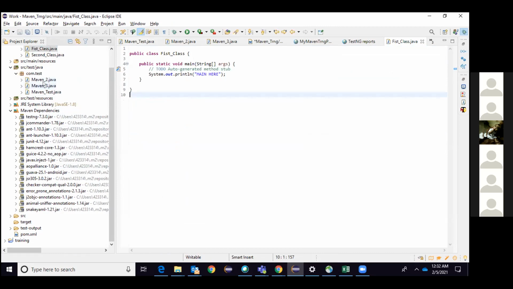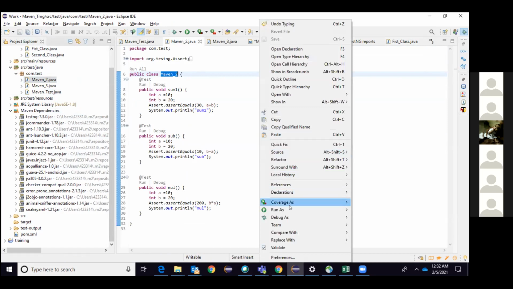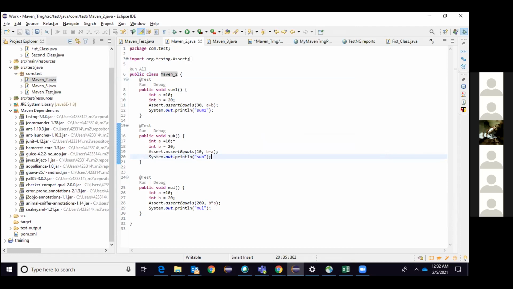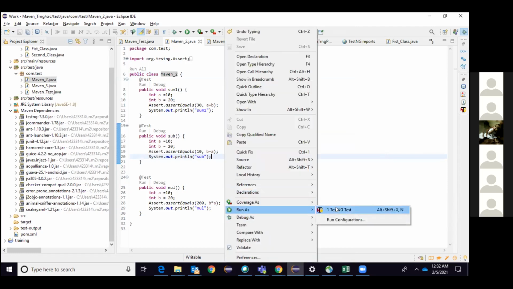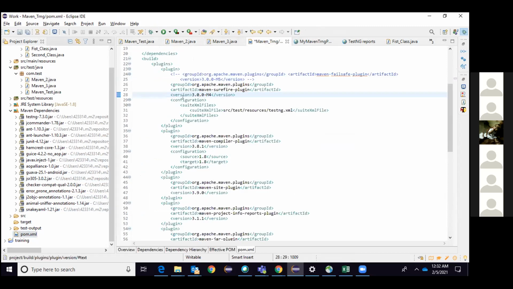Then I go to TestNG test, telling Eclipse, boss, this is my class, run it as TestNG. These are the things I know. When I run this, what will happen? This TestNG, whatever dependencies I have used, it will get them, right? Because I have imported those classes here. Clear? Now, coming to plugins, it will run.